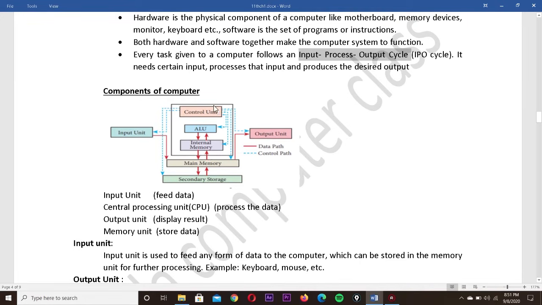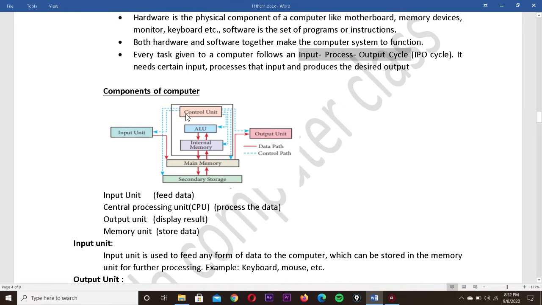Inside the CPU box you have the control unit, ALU, and internal memory. So it is going into the CPU for processing. Then after processing, it is stored again in memory, okay. Then from here it comes to the output unit. So if you know the concept, you can put the data flow as well as the control flow